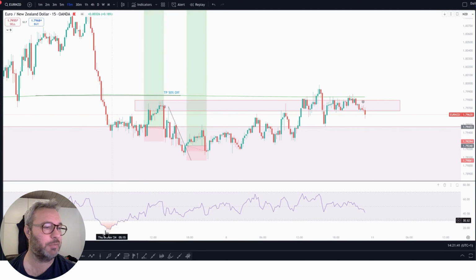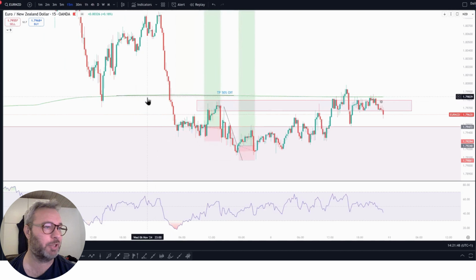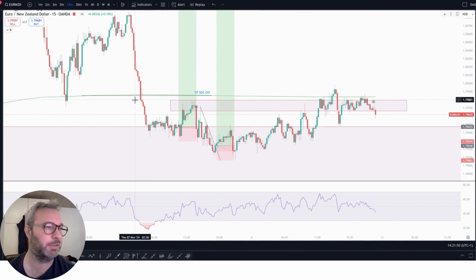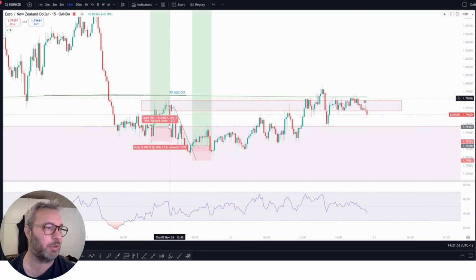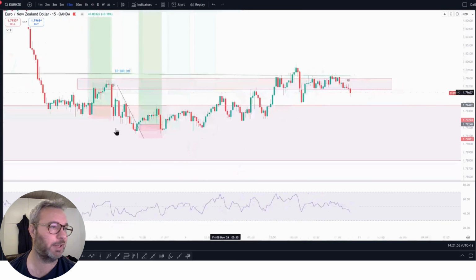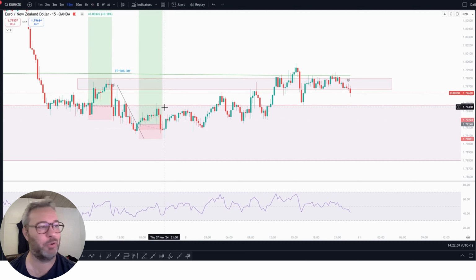This range here, bullish divergence, I longed. My 50% take profit was up here. Price didn't go up there, so that was a break-even trade with no profit. And actually the same here. Price continued down, broke the trend line, I longed. And it never broke the larger support area, went down to break even again.